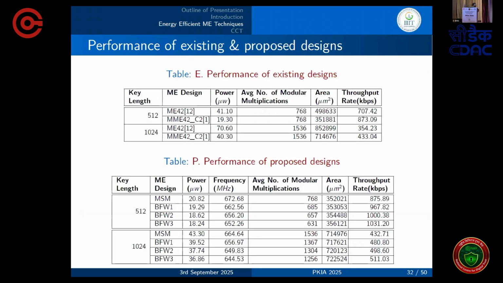So we have analyzed power consumption, area required, and throughput required. Here we gain significantly in power consumption as well as throughput. But when it comes to area, in comparison with the existing technique, our proposed techniques take slightly more, because for forwarding the bits, we need to store certain pre-computed values in the memory.